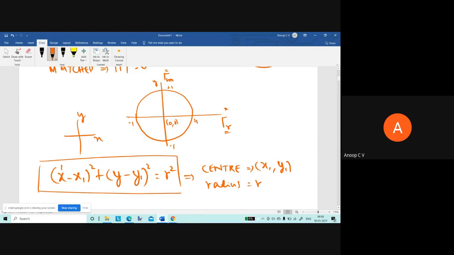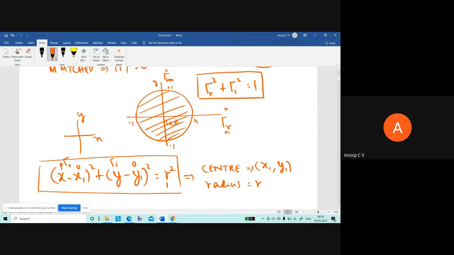So here, instead of x, I have gamma r, and instead of y, I have gamma I, and x1 and y1 are both 0, and the radius is equal to 1. So I can write the circle as gamma r minus 0 the whole square plus gamma I square is equal to 1 square, or 1. So this is the circle. The entire Smith chart lies within this unit circle. Why? Because this is the range of gamma. So the gamma plane is confined to this unit circle, and the entire Smith chart lies within it.